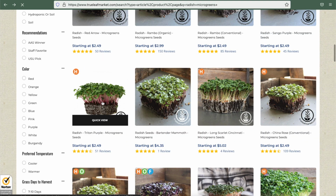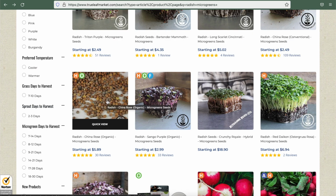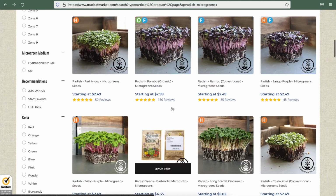I'm going to compare that to the Triton radish. $154. Now this is conventional right here. Here's organic China Rose. What did we say that was again? So it's $246, right? Oh, $50 difference, man. For this Rambo radish. Dude,